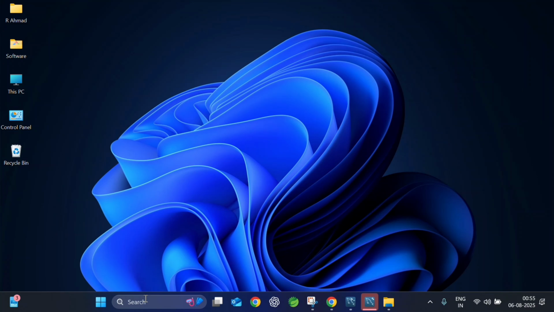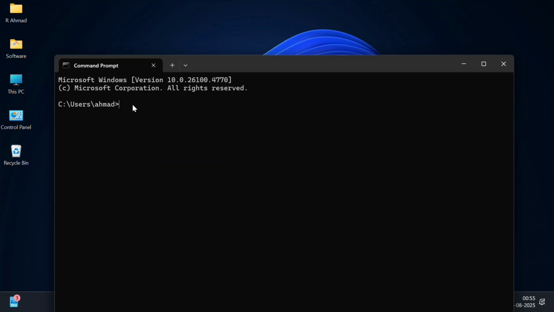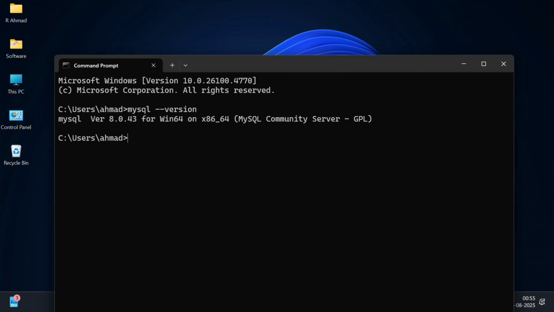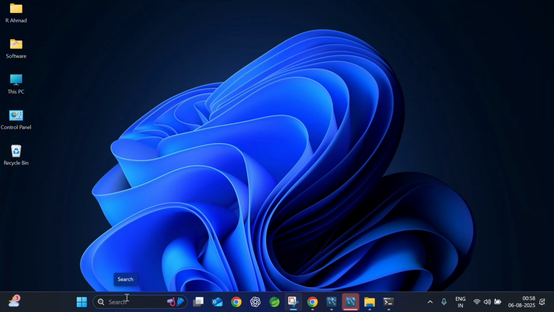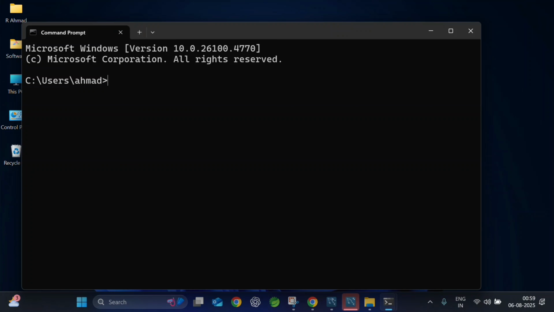Now search CMD in the search bar, CMD, and write mysql --version and enter. Here you can see the latest version is 8.0.43. Minimize this. Now search again CMD and enter. Write mysql -u root -p for password and enter. Enter your password